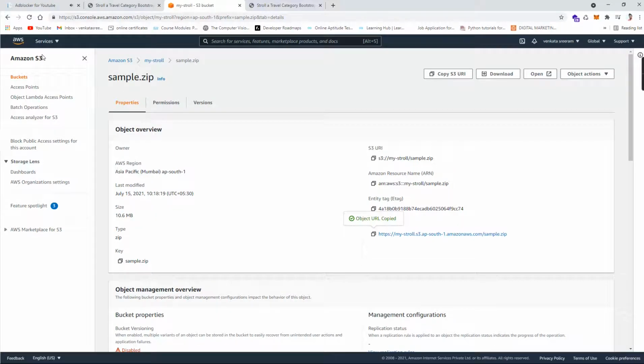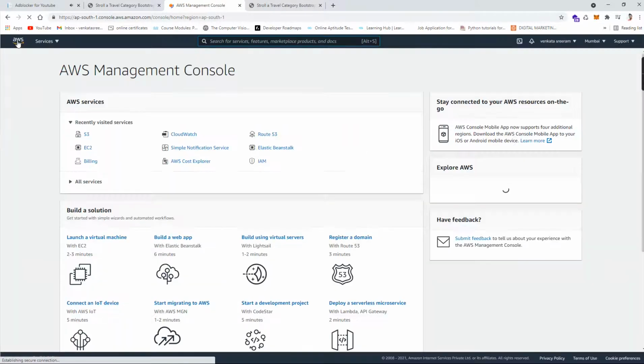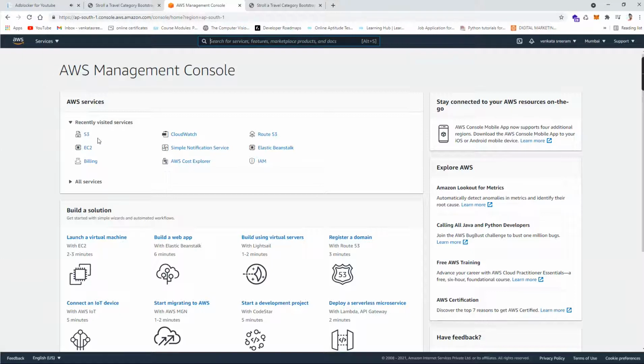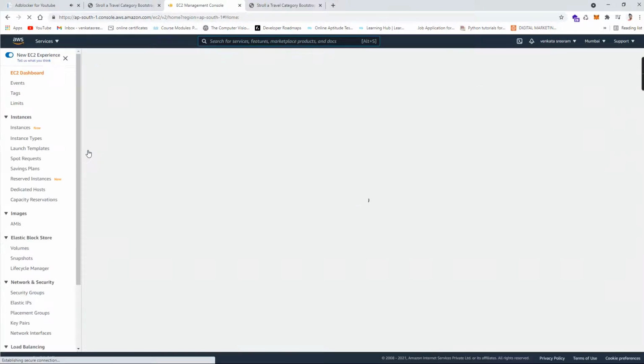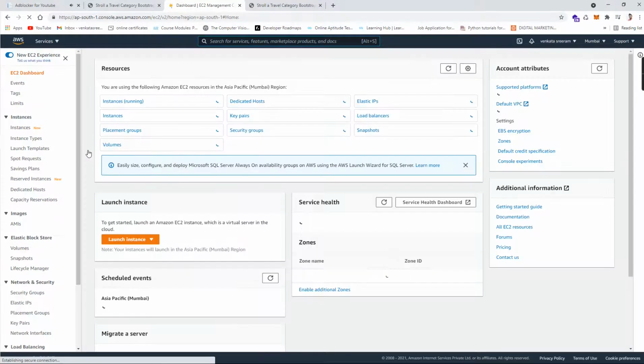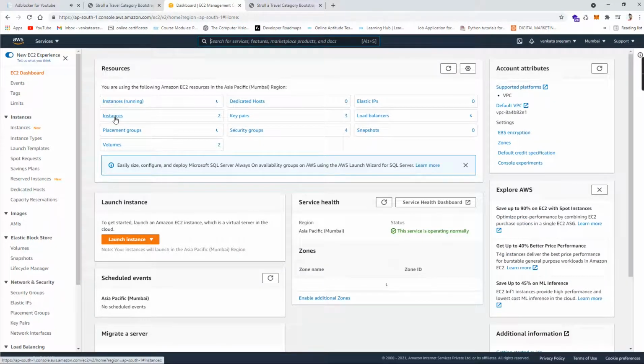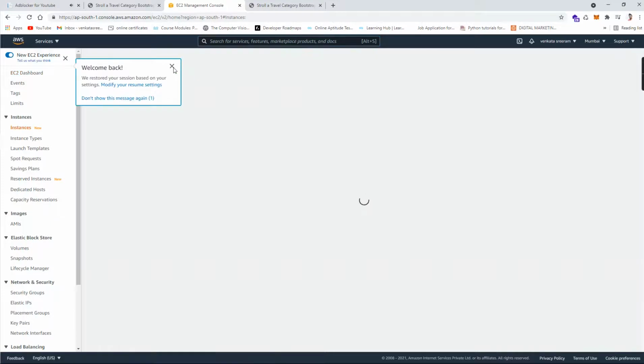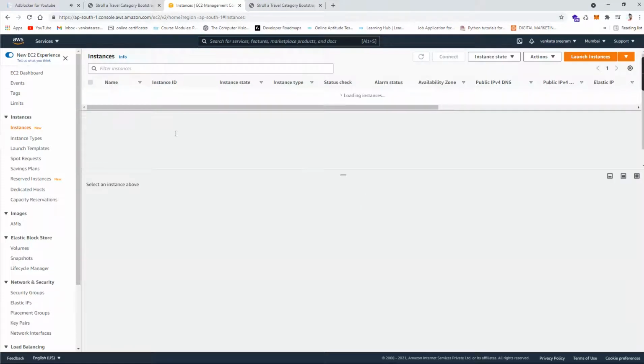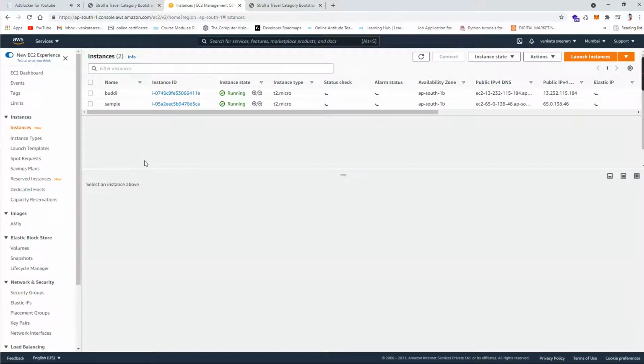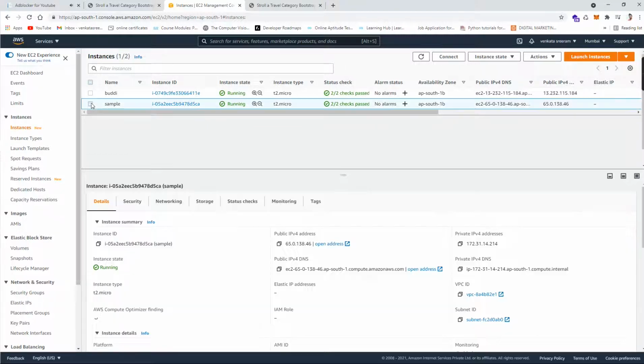Let's go back to Amazon Web Services and go back to the instances we have created. Let me show the EC2. Go to EC2 and the instances page. You can see that there are two instances running. One I created previously and another one I just created, and our instance is sample.